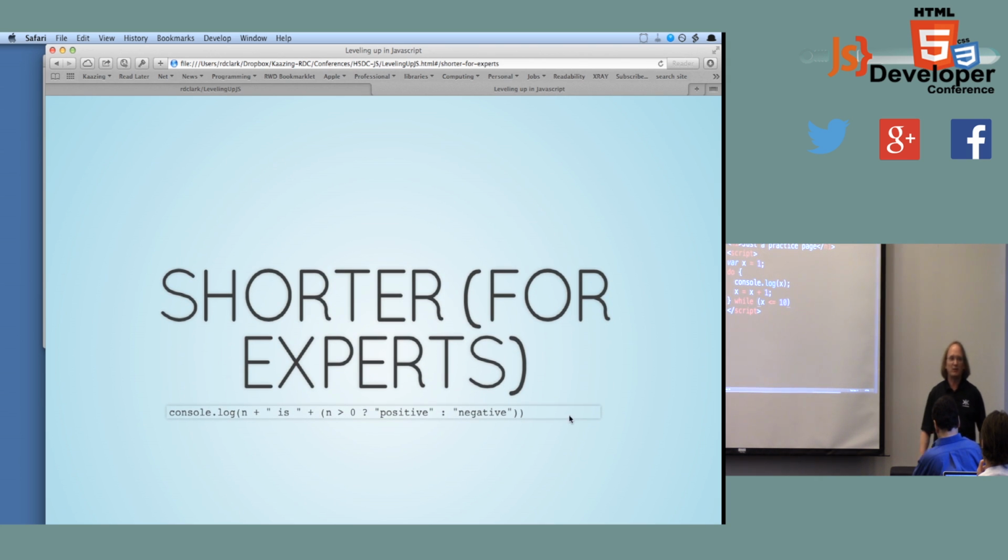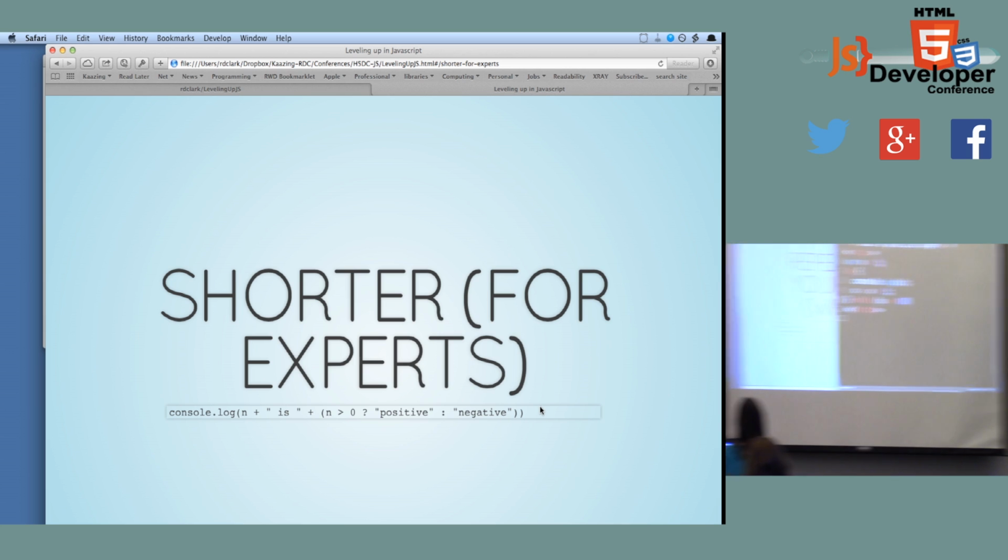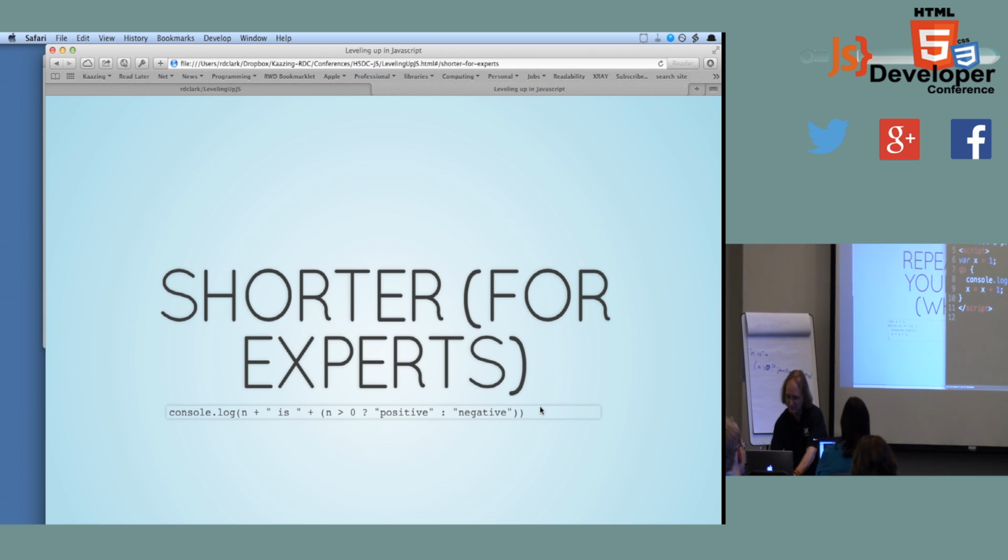So there's an even shorter version of this, which is a little bit of a brain bender, where you can say, let's say if I want to know if something is positive, I can actually write this funny looking expression: n is greater than 0, question mark, in this case positive, colon, negative, and that's a regular colon, not a semicolon.